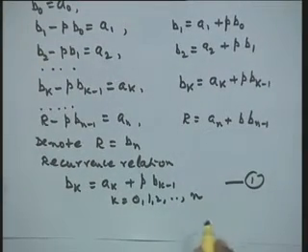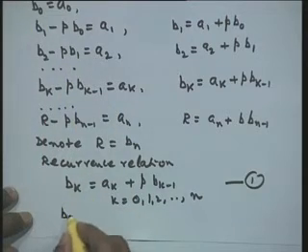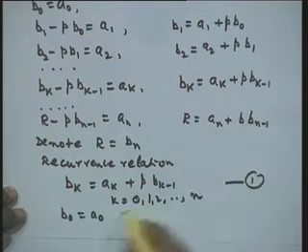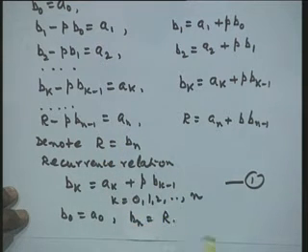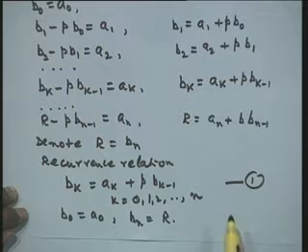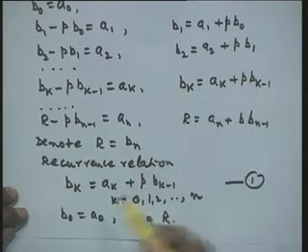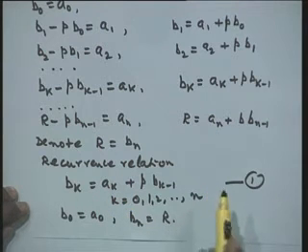Of which the first and last coefficients are to be defined. We have b0 is equal to a0, defined from this top, and bn is equal to r. So, bn is equal to r. Now, every coefficient bi can be obtained from ai by this simple recurrence relation.